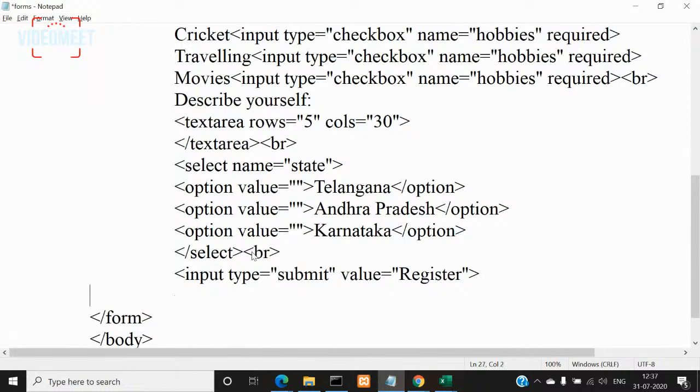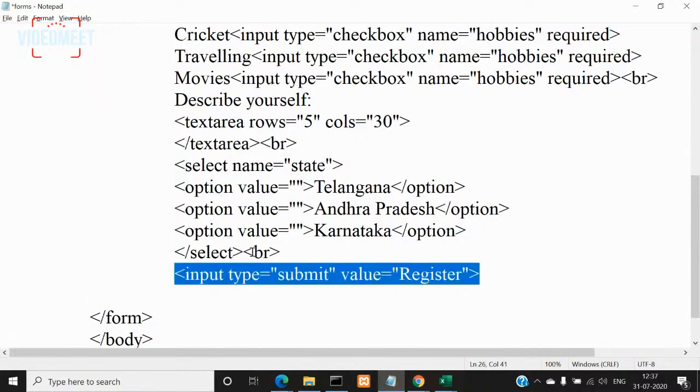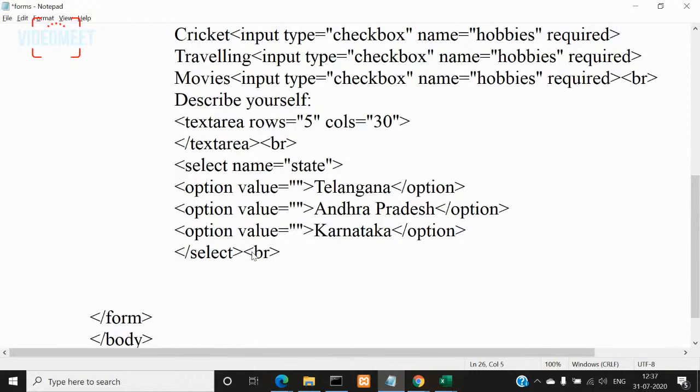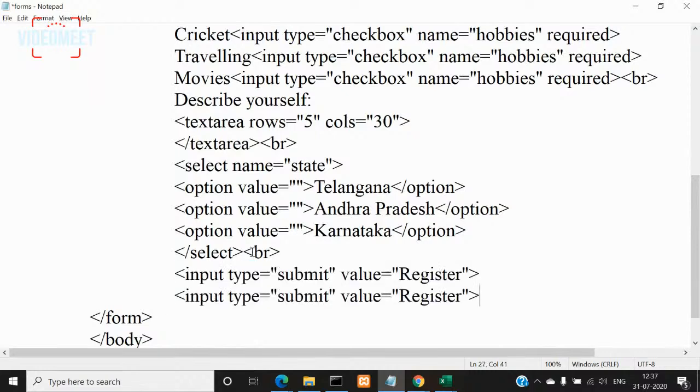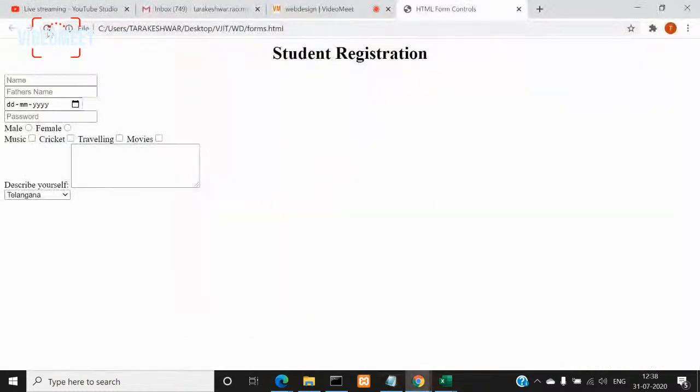And we can also create one more button for clearing the fields that you entered. The type must be given as reset. Type is equal to reset. This will create two buttons, register button and clear button. Say if I have entered something,